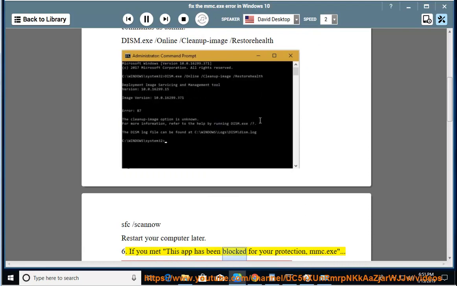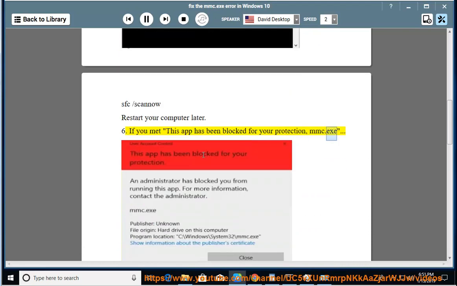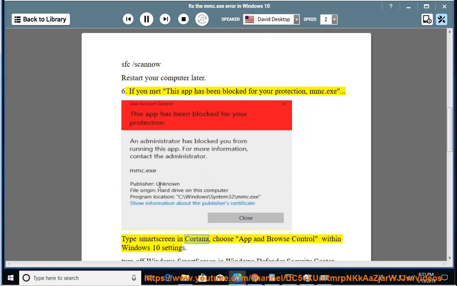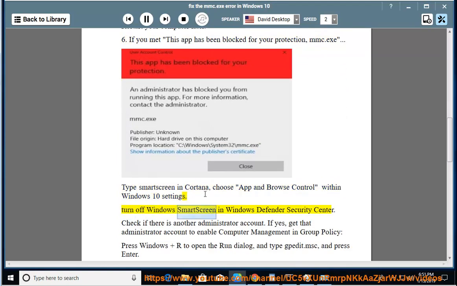If you met "This app has been blocked for your protection, mmc.exe", type SmartScreen in Cortana, choose App & browser control within Windows 10 settings. Turn off Windows SmartScreen in Windows Defender Security Center. Check if there is another administrator